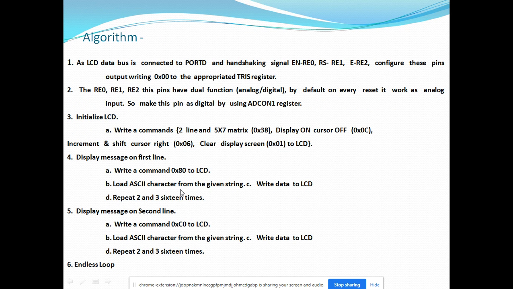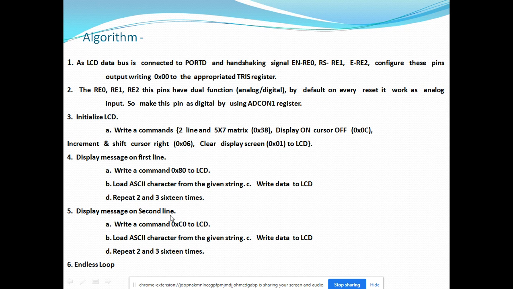In the C program, we will send ASCII characters in a string, so we will use a string function for sending our message to the LCD.